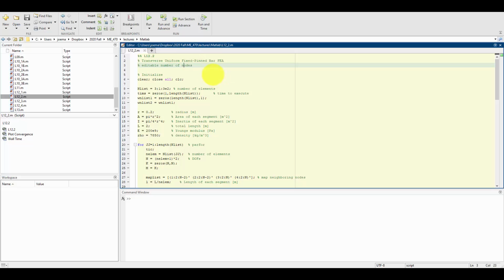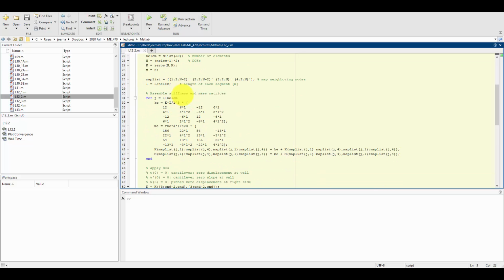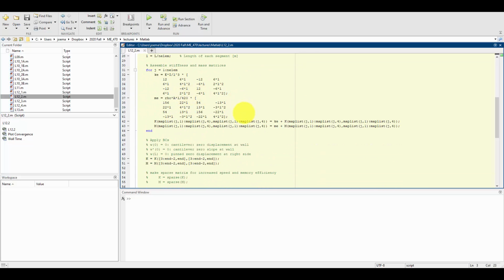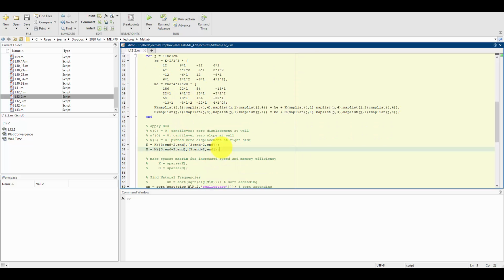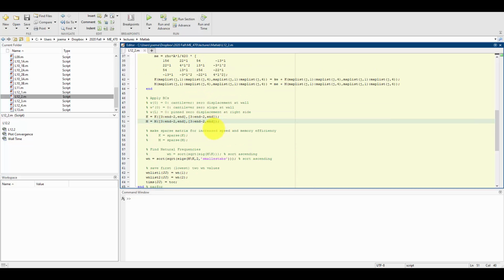Going into the code, if we compare this to what we saw for the first example, everything looks identical, and the process is completely identical as to what we did in the fixed free version. So it's really only differences down here in 50 and 51 where we see the one difference in the code, and that is in enforcing these boundary conditions.